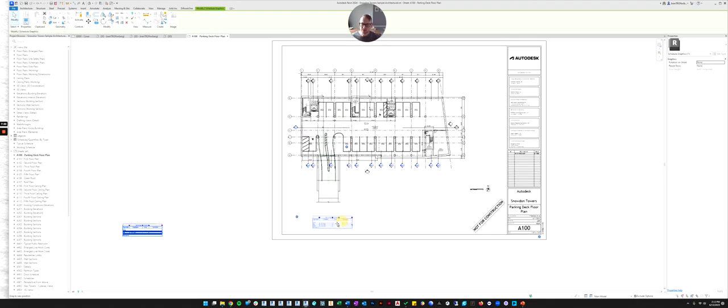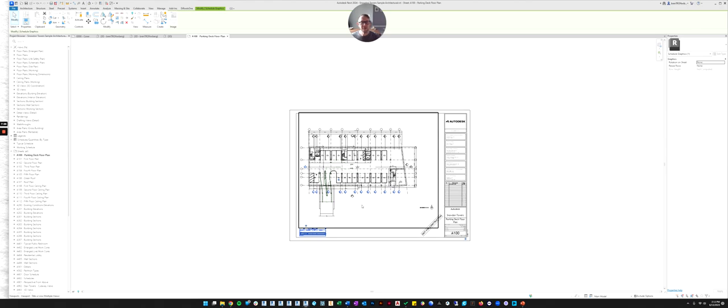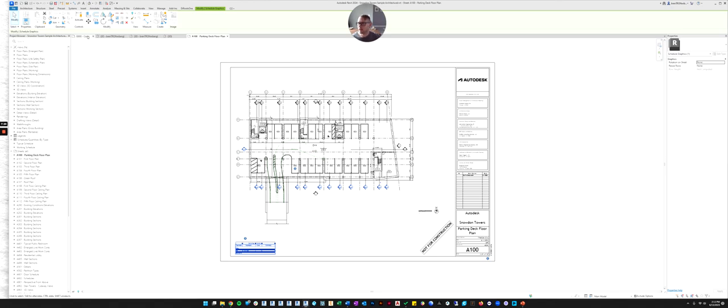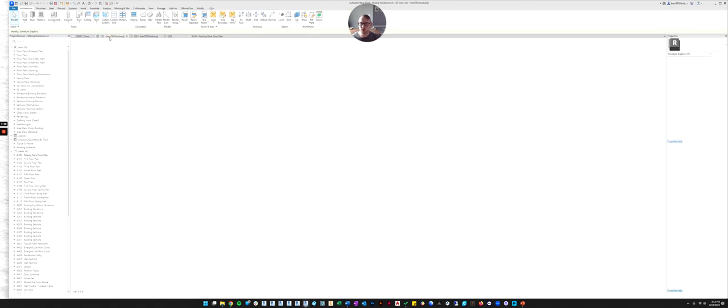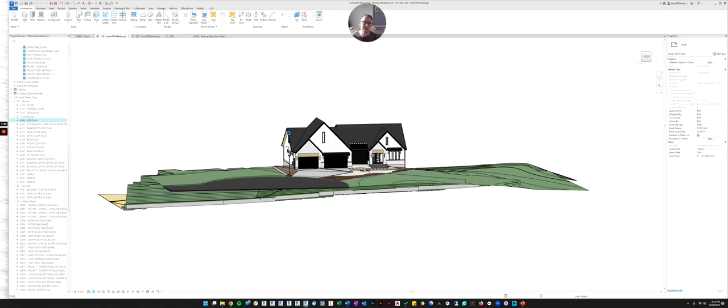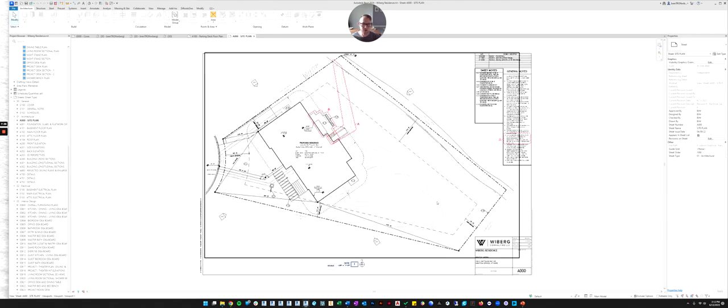So essentially, a sheet is made up of a title block and then views or other model elements, right? Or I should say project elements, because like a schedule isn't necessarily a model element, but it's part of the project. So that's how you assemble a sheet. And if I just flip to another example, I'll show you one of my sheets on my house, so that you can see my title block. So let's go to the site plan sheet, A000.